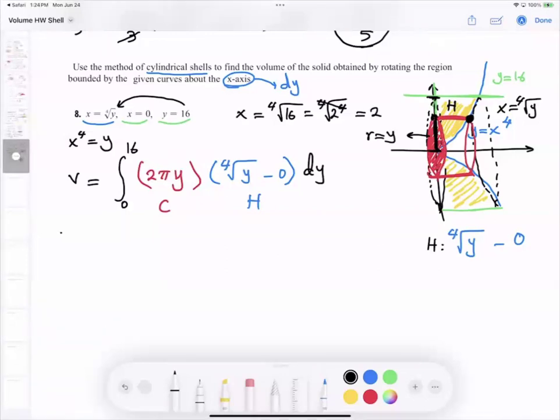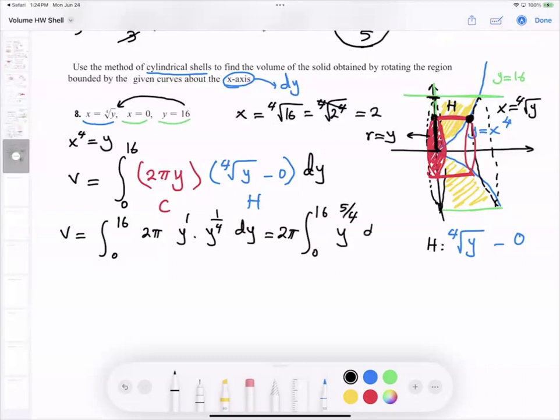So the volume is equal to, let us do the calculation. You have the integral from 0 to 16 of 2 pi y times y to the power one fourth. Let us combine these exponents. You get 2 pi, definite integral, 0 to 16, y to the power 5 over 4 dy,